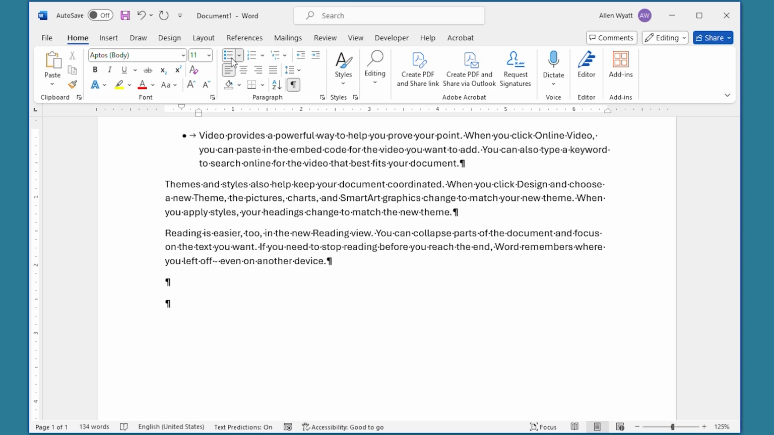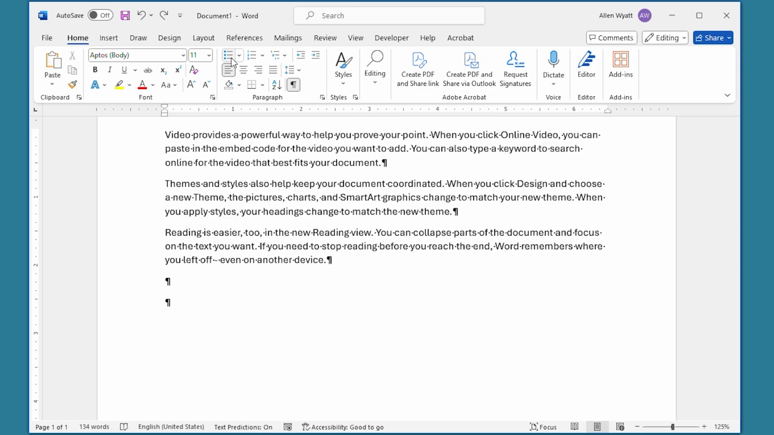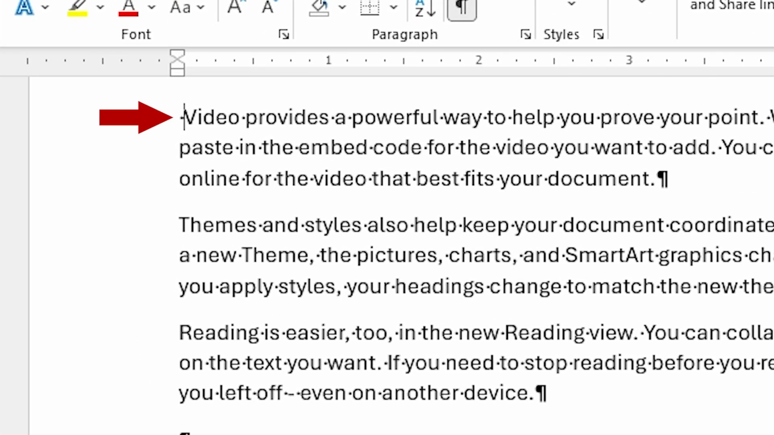I'm going to press Ctrl-Z to undo that. And now if I want to insert a bullet, I can type it directly by holding down the Alt key and pressing 0183 on the numeric keyboard. Notice that it placed a very small bullet at the beginning of this paragraph here, because that's where I typed